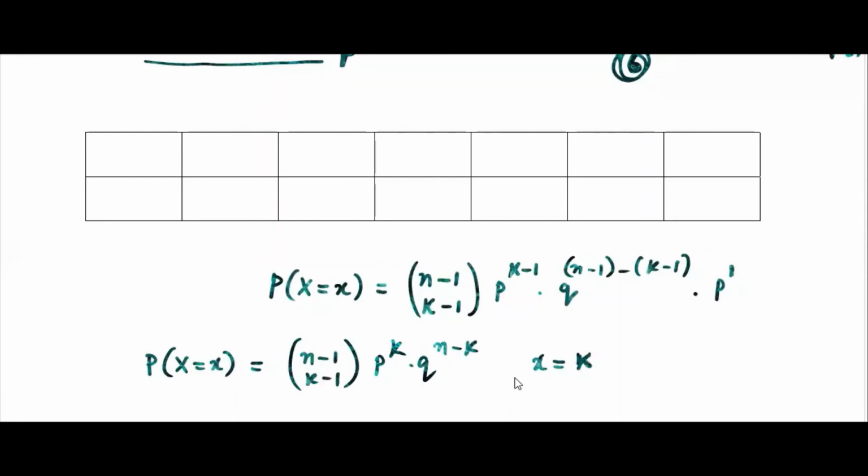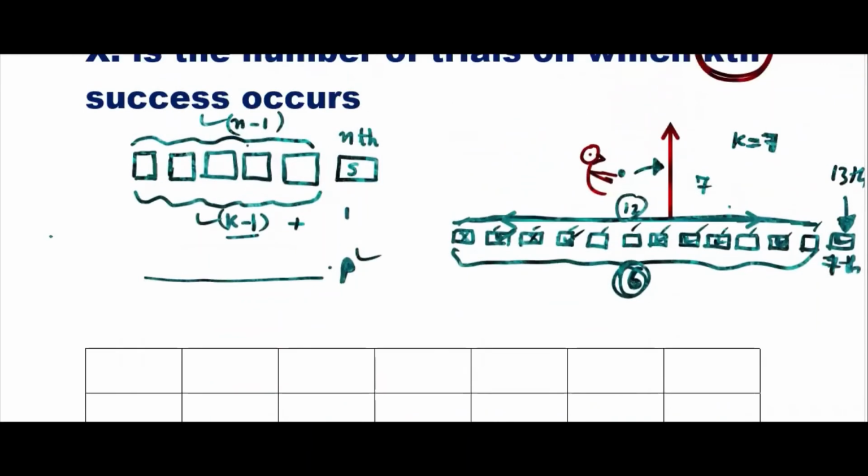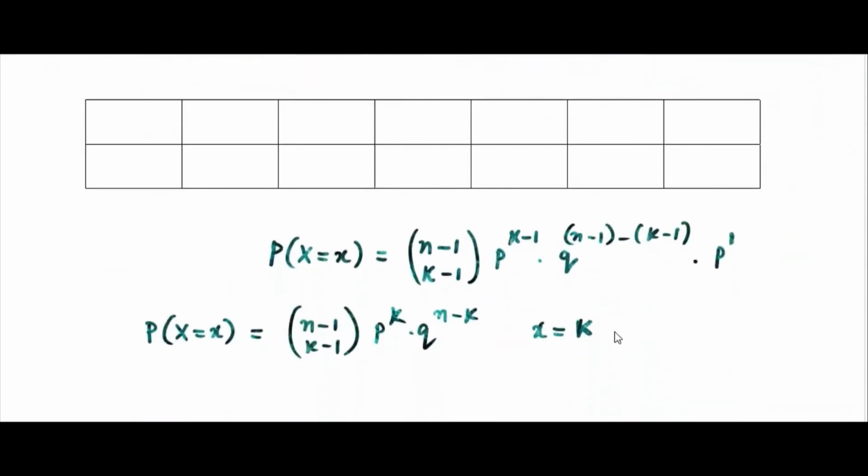Because to get k successes, if I want to strike it 7 times, I need to throw at least 7 times. If I stop it after 5 times, I will never achieve this. So the minimum trials required here is k, then k plus 1, k plus 2, it will go that way. You just start from k only. You don't have any choice. Even if you write 0, 1, 2, the probabilities will be 0. k minus 1, if you write, probability will be 0.